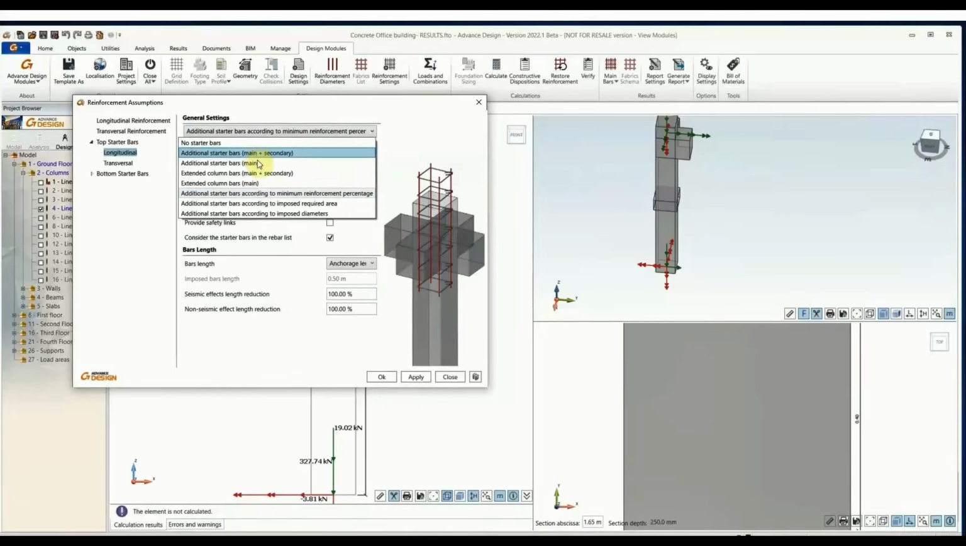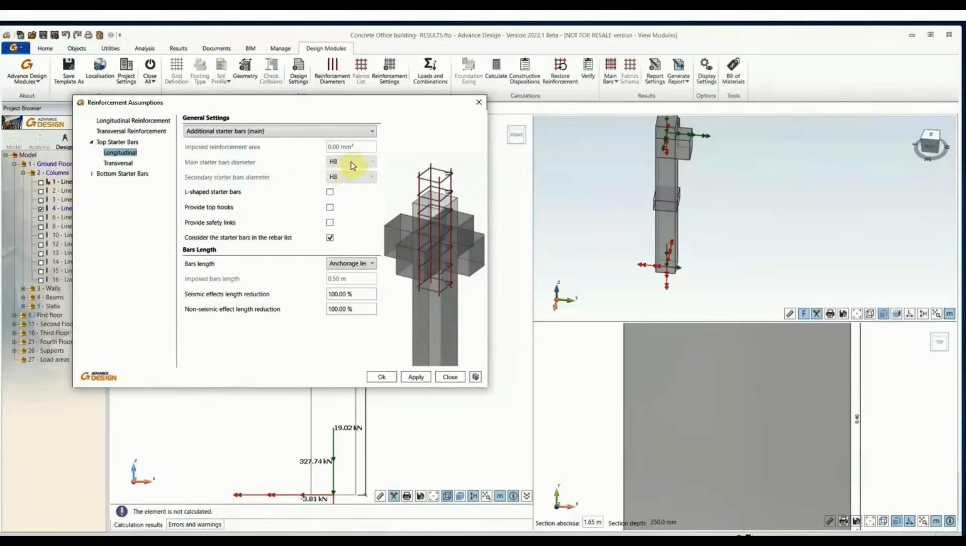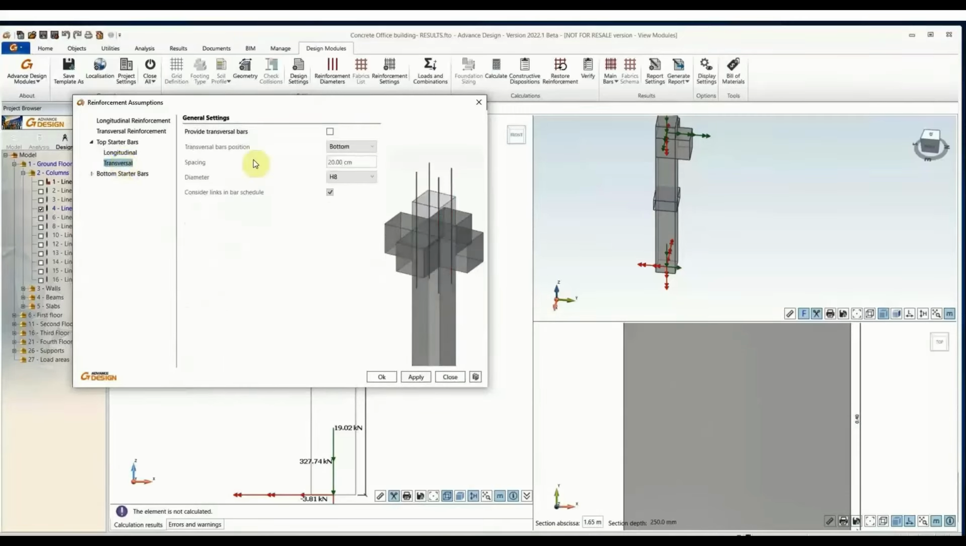You have main bars, secondary bars as well. So if you're connecting to a slab, it's sometimes important we need to define those starter bars as well. In some cases, we may need shaped starter bars and also top hooks. So you can also choose your lap lengths as well for those starter bars. Okay, transversal bars again for the